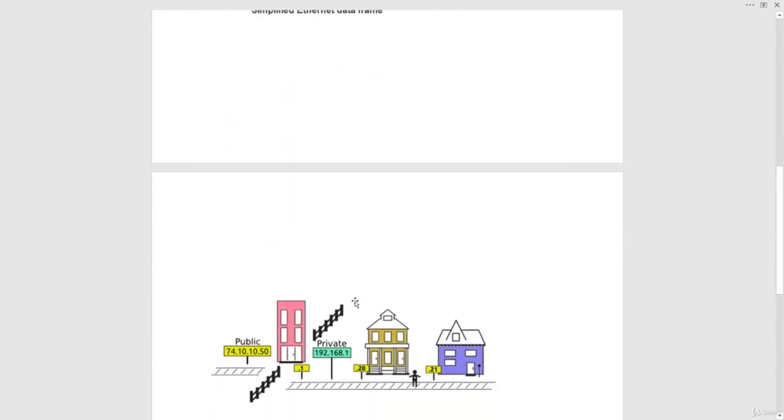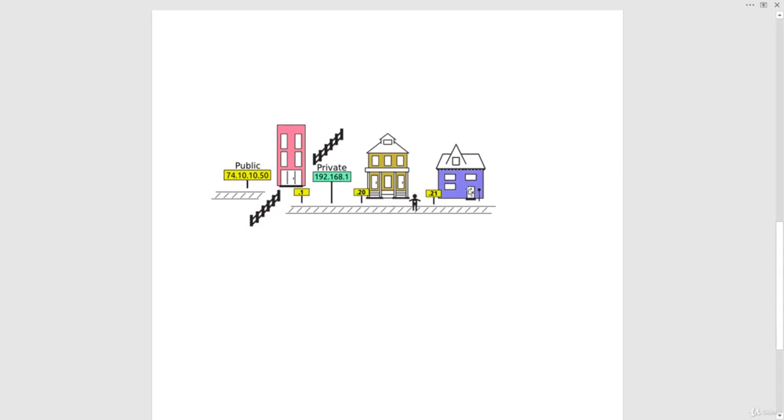So let's go down and see this page over here, which shows this diagram, and this is a very important diagram. So let's assume that we have this public network and the private network. In the private network, the first address, the default gateway, or the first subnet of your network, will be the default gateway.